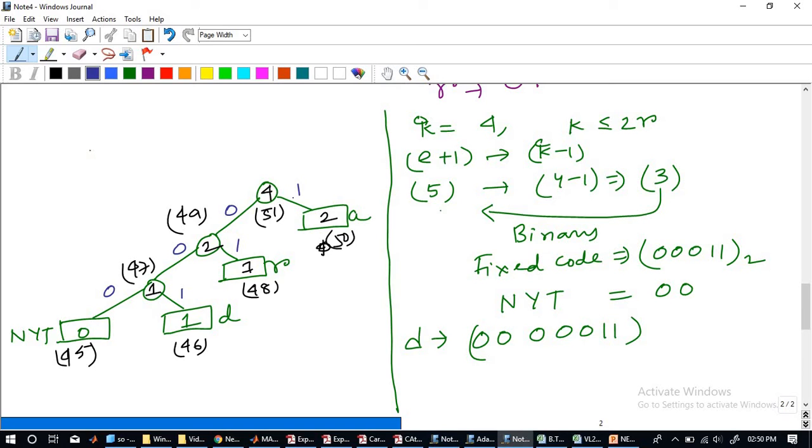If it doesn't satisfy, take one step. Is it matching the condition, K less than 2R?